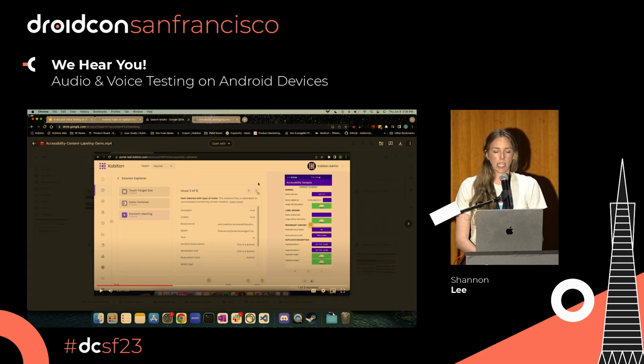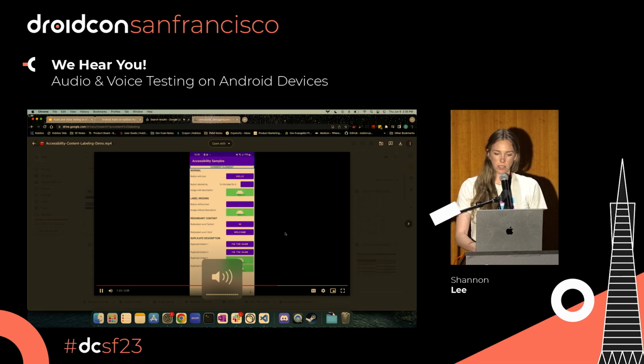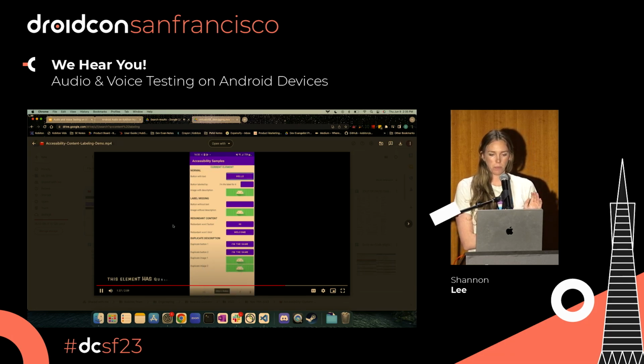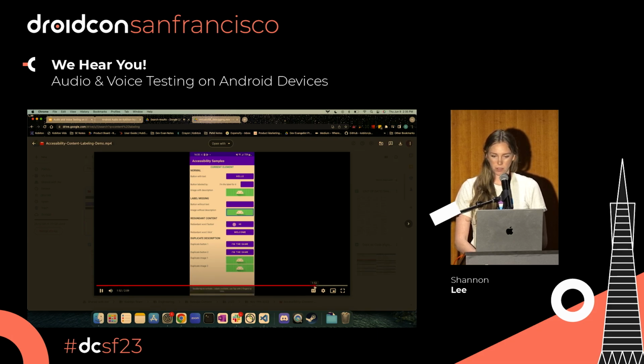So one, of course, is actually launching into a manual session, enabling Android TalkBack. Let me actually just jump here. Button. To activate accessibility samples. Current element. This is Android TalkBack as an example. Hello button. Double tap to activate. There are some Android examples here as we go farther down. Button. Double tap to activate. This is a button. Button. So I'm going to use this hi button as an example.